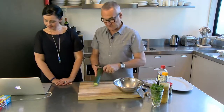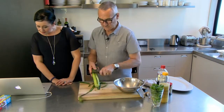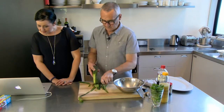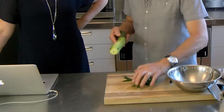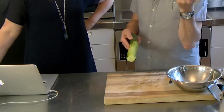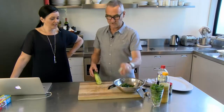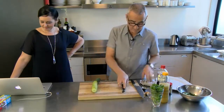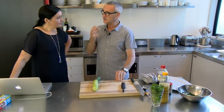Yeah. Okay, I just want to get the things ready that I'm going to go with this tonight. And the first thing I want is some cucumber. And I don't know about you, but I find the skins on the cucumbers in New Zealand, you can make shoes out of them. Oh, they're like leather. Yeah, so I get rid of them. Yeah, we don't want to eat that. Not interested, yeah. And what I want is a few little bite-sized cubes or chunks of...